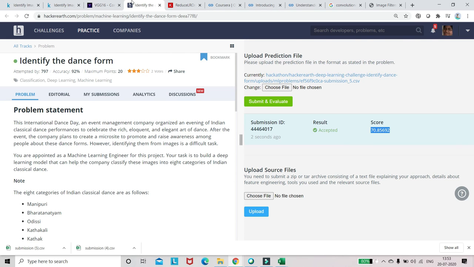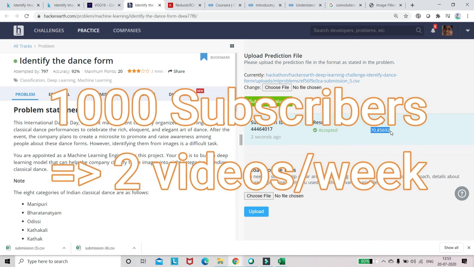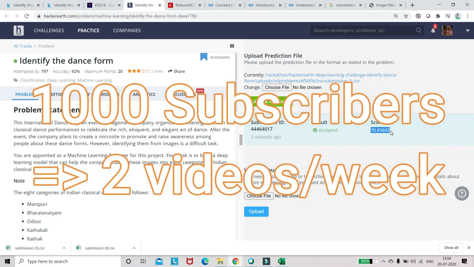After using transfer learning and image augmentation, I got a score of around 70. Somewhere I saw a score of around 78. It was using a library from fast.ai running on PyTorch. I can't explore that because I am not into PyTorch. If somebody is aware of PyTorch, you can very well go and explore there.